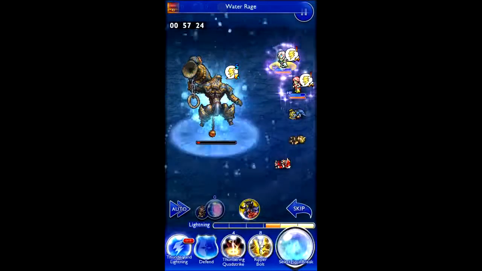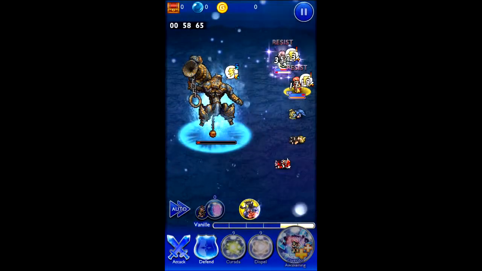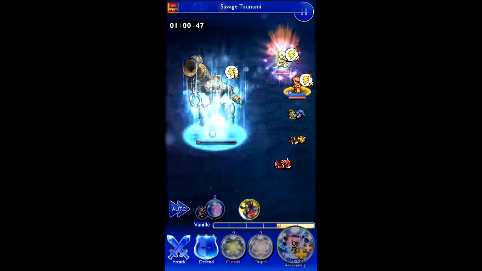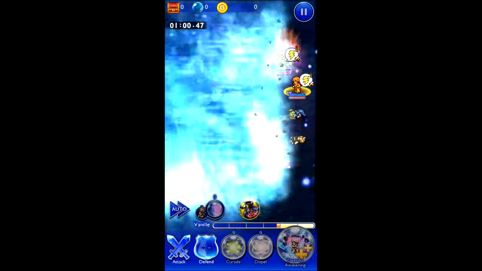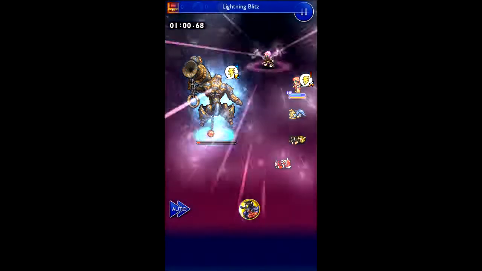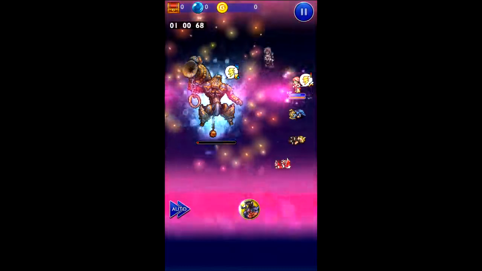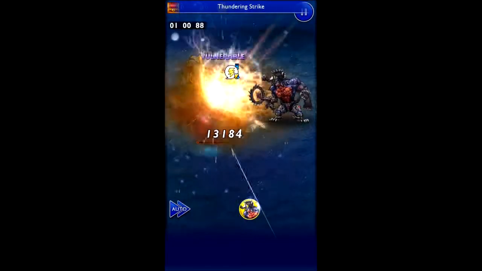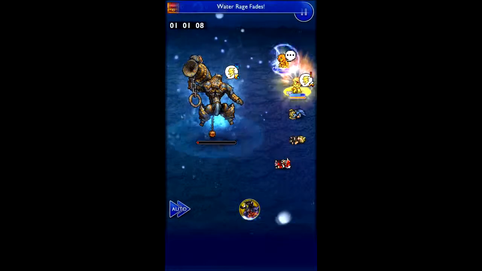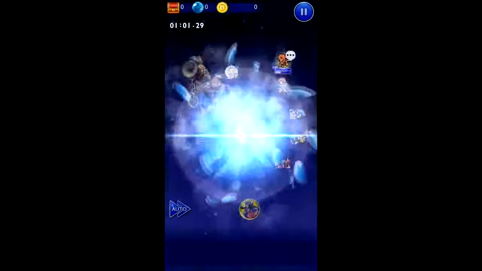So yeah, this one, what I did is instead of entrusting Vanille, I did entrust to Lightning instead because this is one of those battles where I just barely pulled it off. My best time so far is 1 minute and 1 second. This one took a little longer because everyone died, except for Lightning in the end. And the first time I managed to beat him, everyone carried through, but...